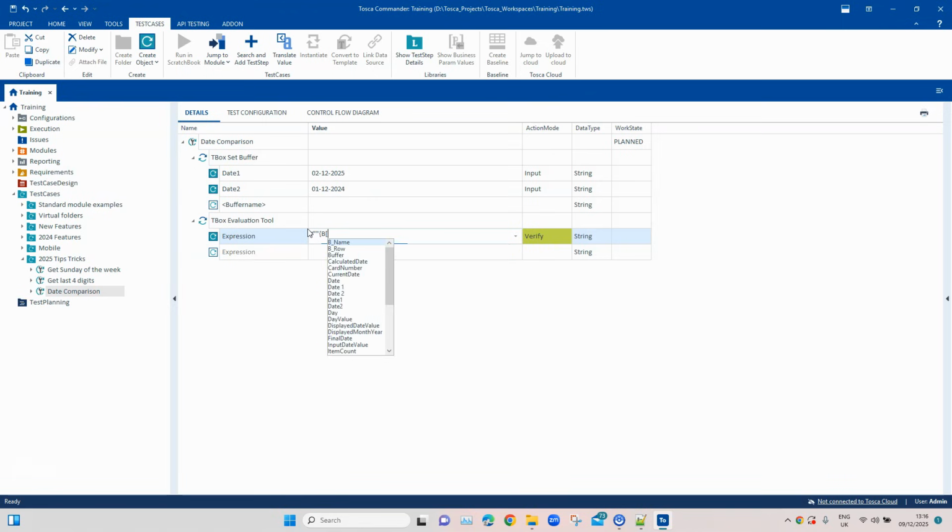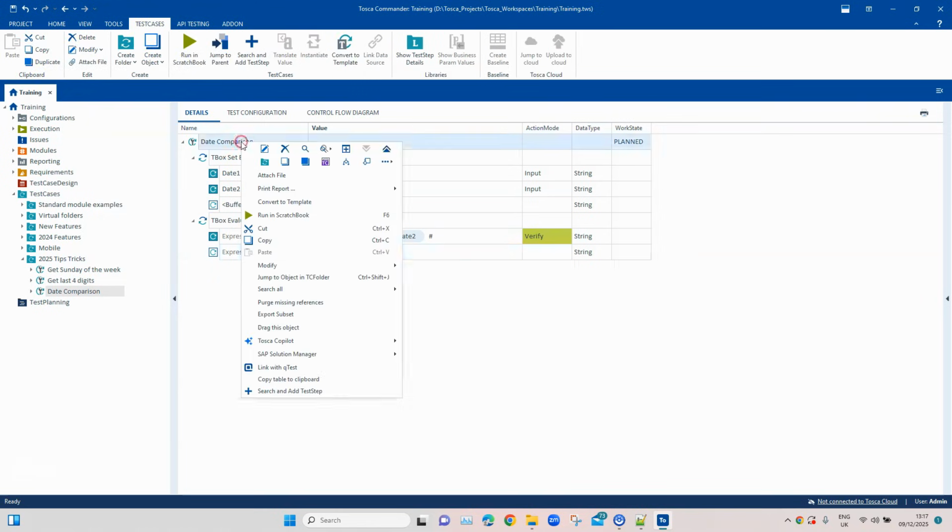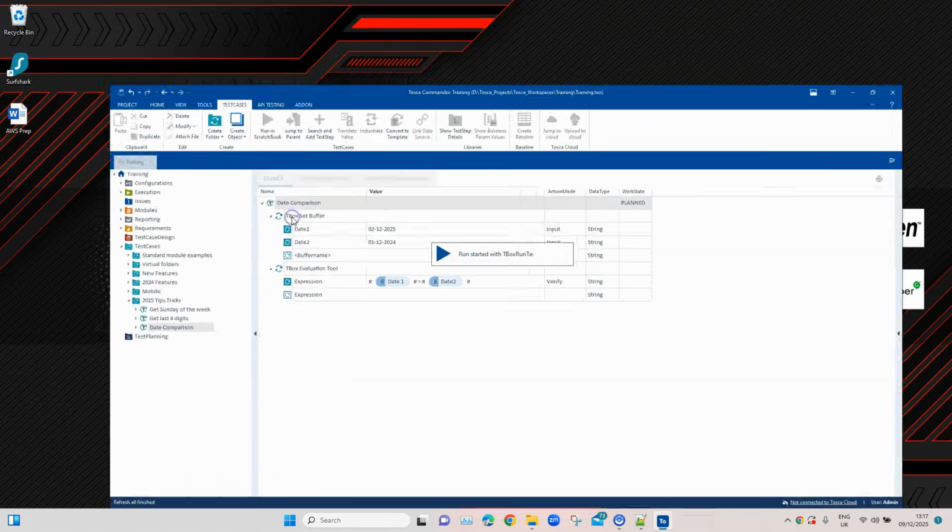Okay, so let me write this in the correct format. So we'll be using the buffer, and then we will use the date 1 and date 2. And we'll put this, and again we have to add the hash symbol here, and now we'll put the expression, and then again let's copy this so that we don't make any mistakes here, and I'm going to change this to date 2. Okay, so this is how it should be looking like, and now if I go ahead and run this,